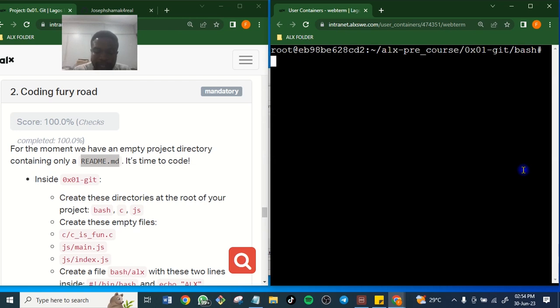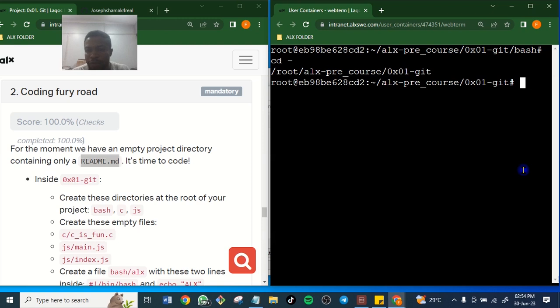Let's now go out of the bash so that we can remove the bash. You cannot remove a directory when you are inside it. You only remove what is inside the bash, right? You now want to remove the bash, so you have to go outside. How can you go outside? Just say cd, a step out. You are out. Good.